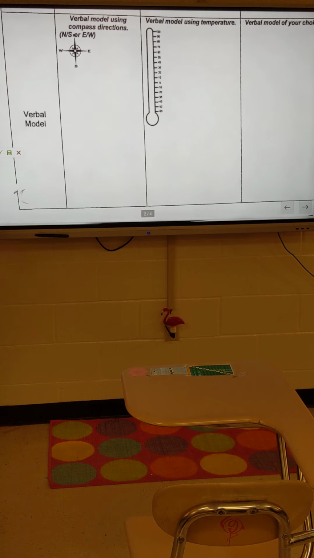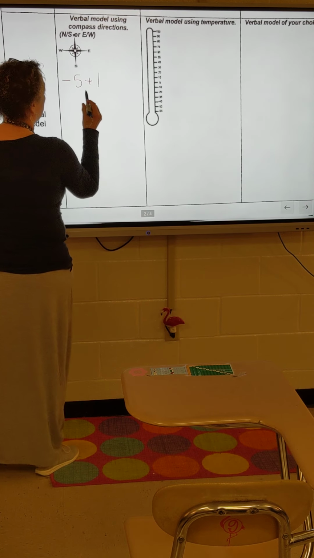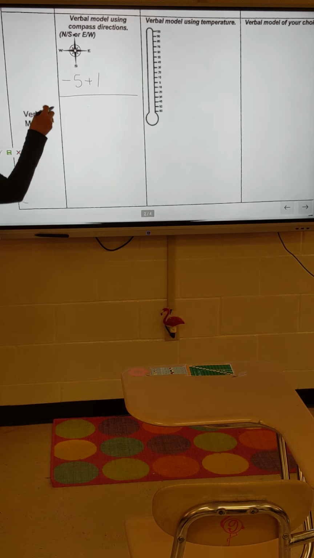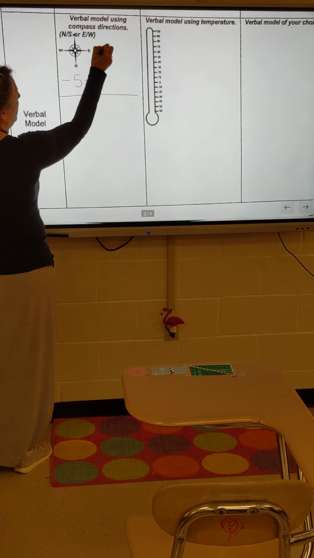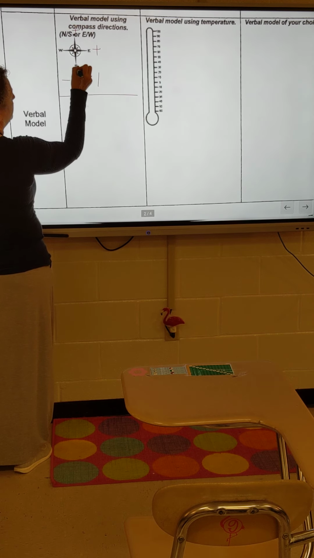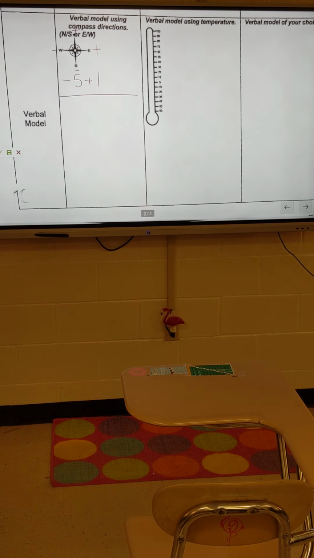So for this first one, our addition problem was -5 plus 1. So right here we had -5 plus 1. We're wanting to write a verbal model using a compass. And on our compass, east is positive and north is positive, south is negative and west is negative. So the words north, south, east, and west are going to be what indicate that positive and that negative. Okay? So we could say something like,